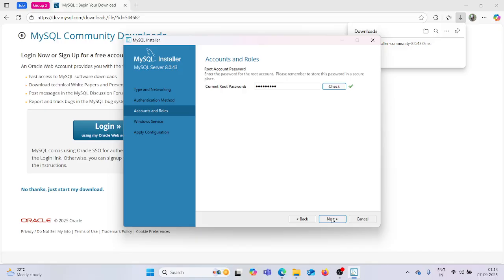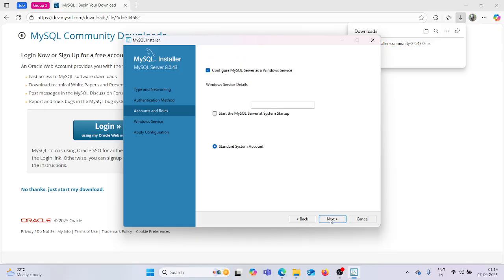In mine it is showing the current root password, but you people will get something different, because this was my second time doing the installation process. It was already installed, so I uninstalled and then installed. My main motto was to show you practically so that you will get clarity. Sorry, but in your case, under account and roles, it will show the MySQL root password and then repeat password. So accordingly you just put your password. Okay, no worries for that.